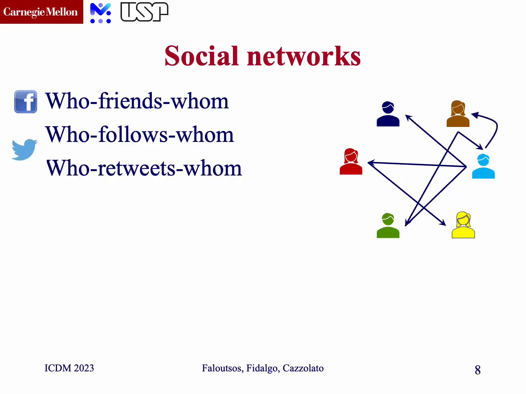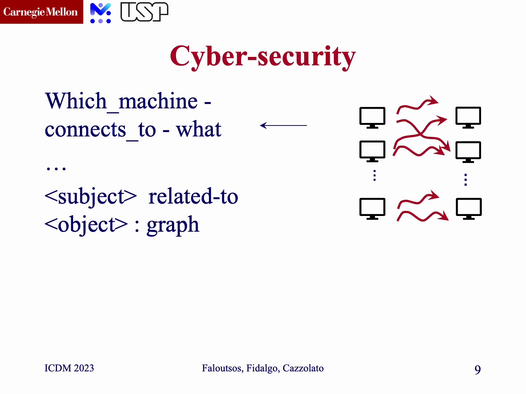Moving deeper, who follows whom, graphs shed light on one-way relationships, often signifying interest or influence dynamics. Lastly, who retweets whom provides insights into information flow and viral trends, highlighting how content and opinions propagate through these complex social webs. Graphs are one of the most important tools to map network topologies and understanding which machine connects